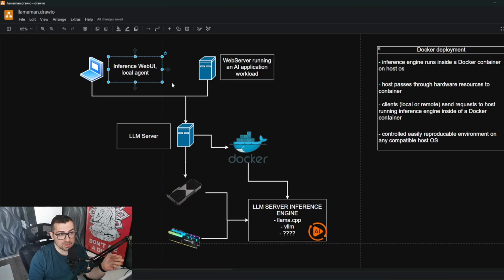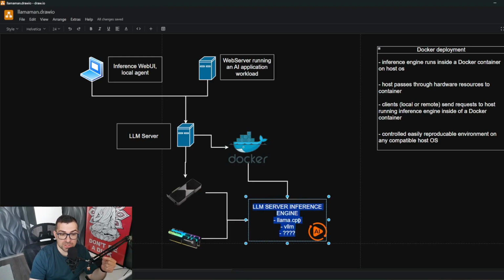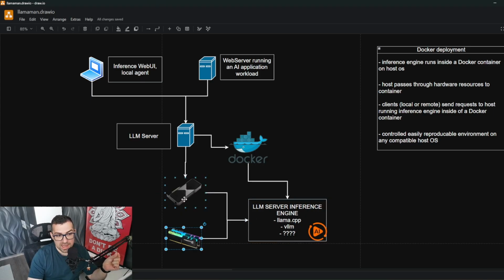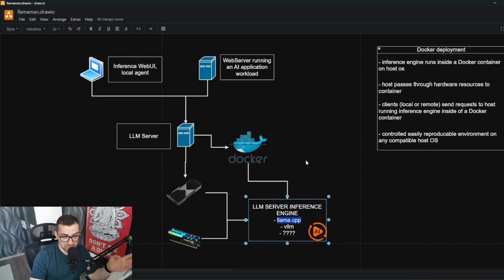We have, again, the inference web UI, or a local agent for the client that you're working on. You might, again, have a server that's going to send the inference requests. This is your server that's going to host a Docker service. And within that Docker service, you're going to have your llama CPP or VLLM instance running. So via the Docker image, you pass through hardware to that instance. Then you maintain that Docker image with a Docker compose file or something else, and you have a consistent way